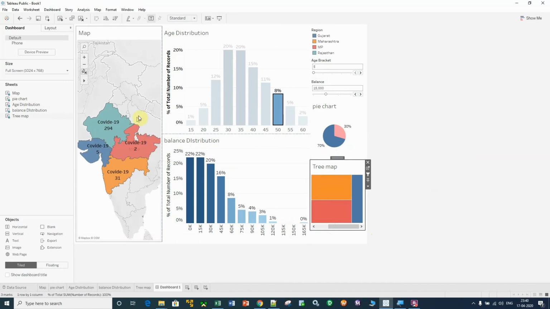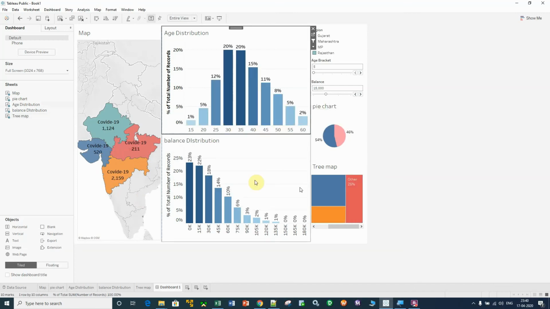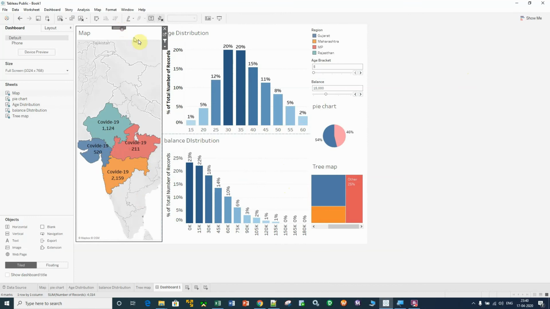And that data has also been changed in your map. From this age bracket, the largest number of people, 294, are affected in Rajasthan only, right? If you want to remove that filter, just click here again and you can see that the dashboard has changed, right?